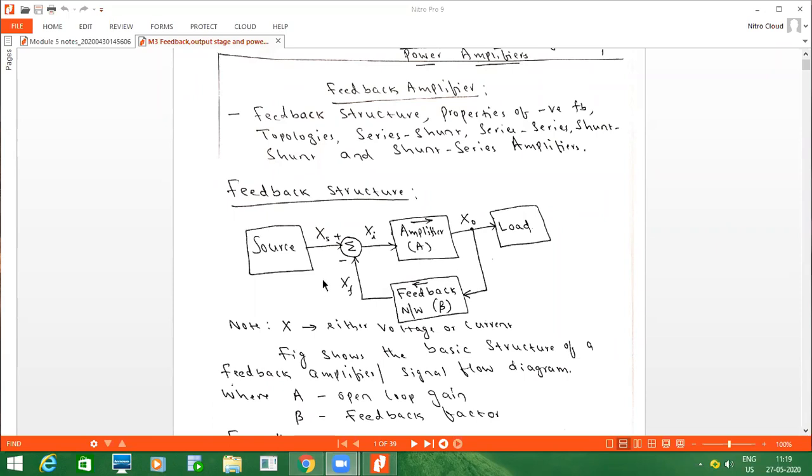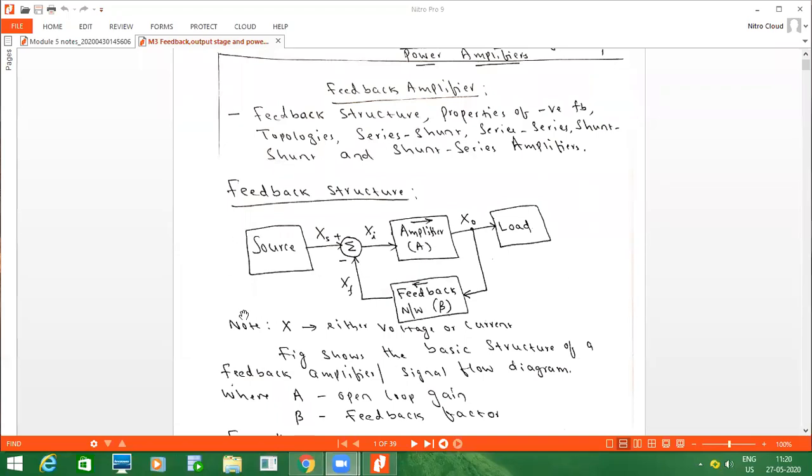What about the transconductance? Which is the output quantity and which is the input quantity? Is it current or voltage? Output is current. Yeah, output is current, input is voltage. In the same way, trans resistance: output is voltage, input is current. Okay, so based on the current and voltage relationship, we are going to conclude whether it is a voltage amplifier, current amplifier, transconductance amplifier or trans resistance amplifier. Anyway, we will discuss in the coming classes.